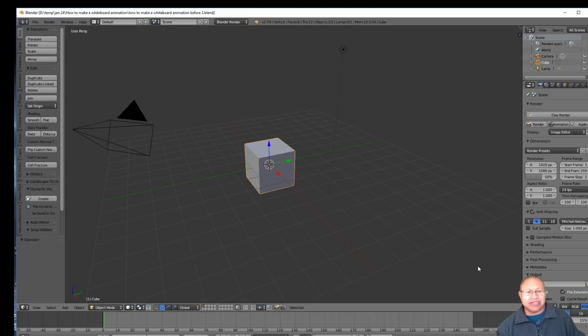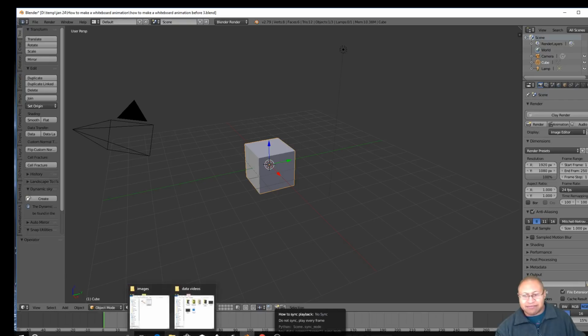So the first thing we need to do is make sure that our drawing that we're going to use, or whatever type of image you're going to use, is the size of our render. So this is 1920 by 1080. I'm going to change this up to 100. This is going to be the resolution that our animation will render out at, right? So what we're going to do is,